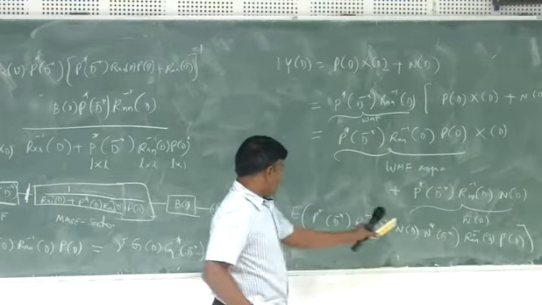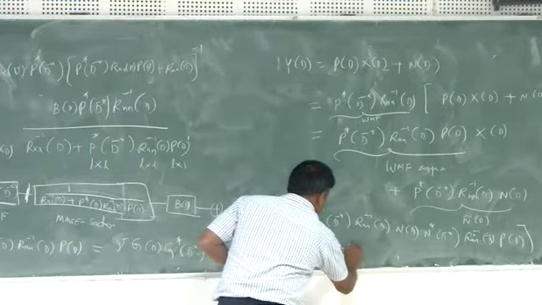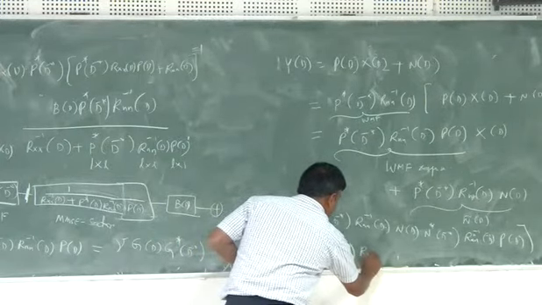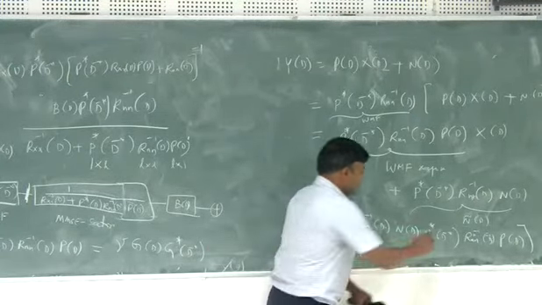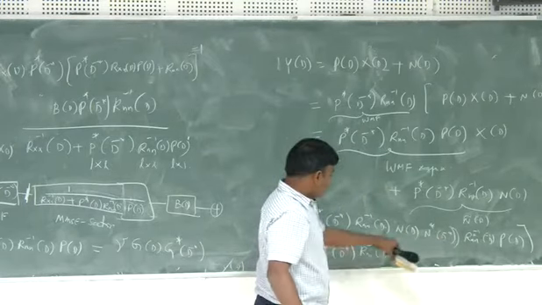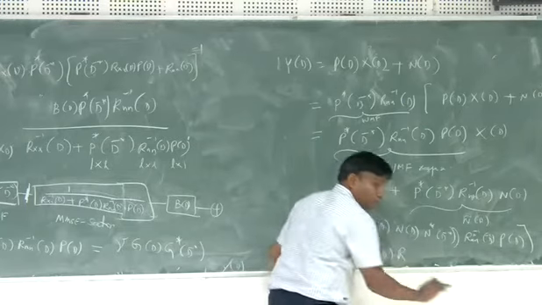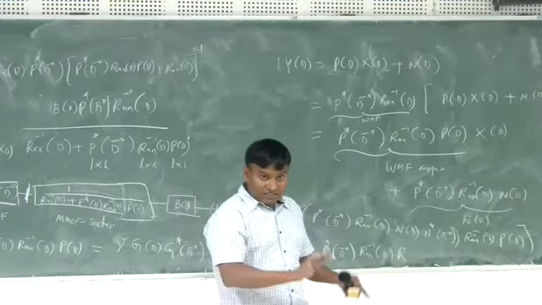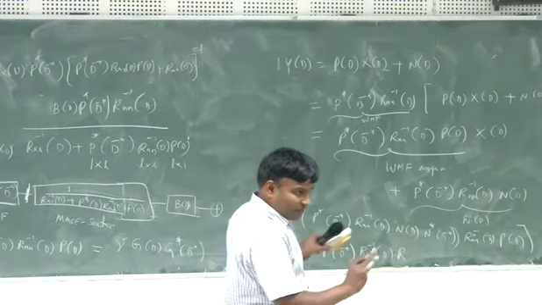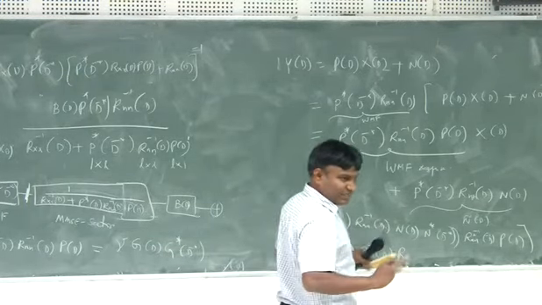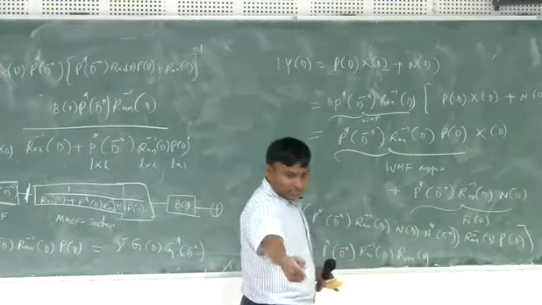If I move the expectation inside, I would get P star D inverse Rn inverse D, and the expected value of N of D, N star D inverse is Rn of D. Well, we don't make the assumption that the noise is white. This is a very general receiver. You can make the assumption that noise is white later on. But I have kept everything Rx of D, Rn of D as it is. It's very general.